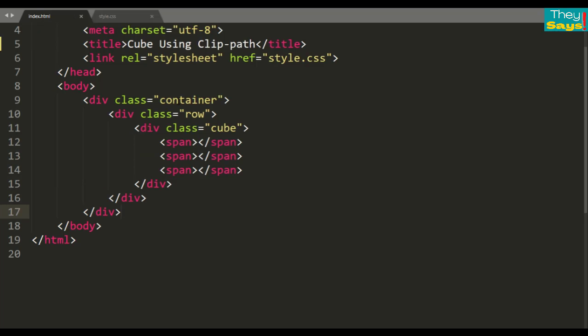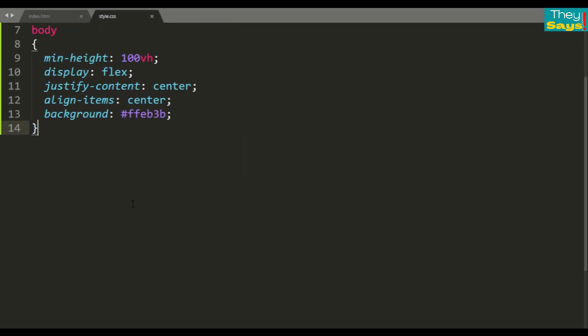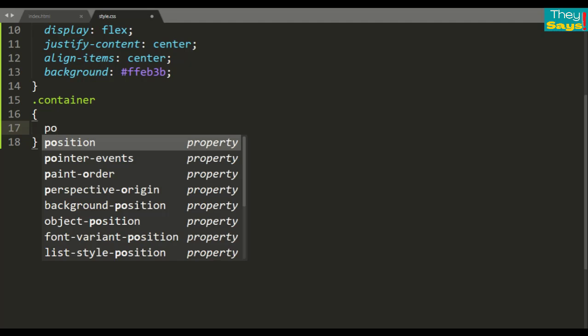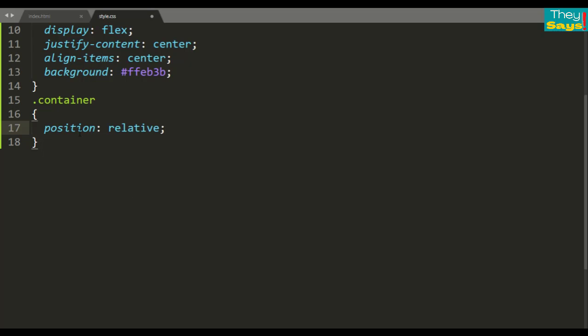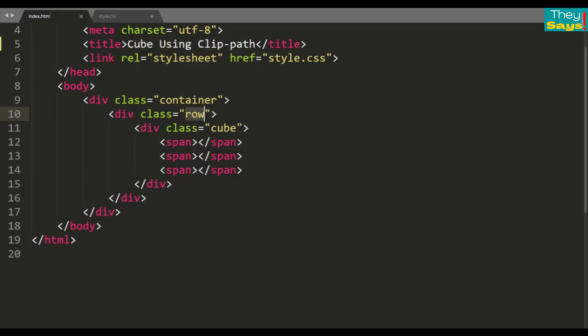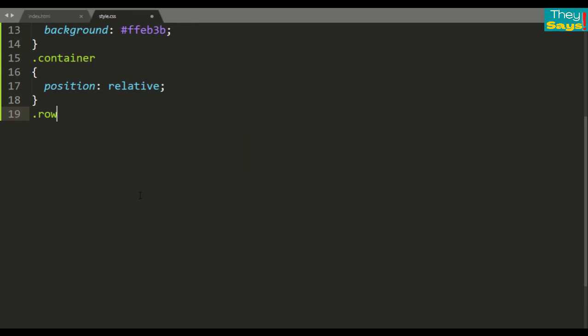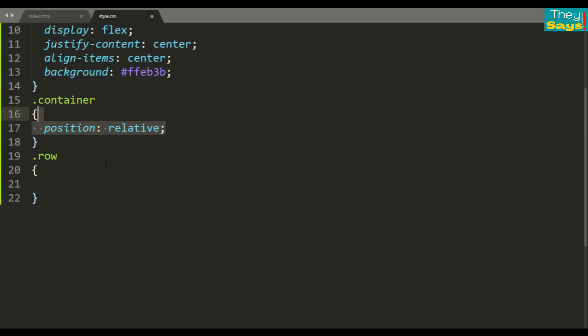Okay, copy this container class in the CSS file and style it: position relative. And now copy this row, set CSS style position also relative.